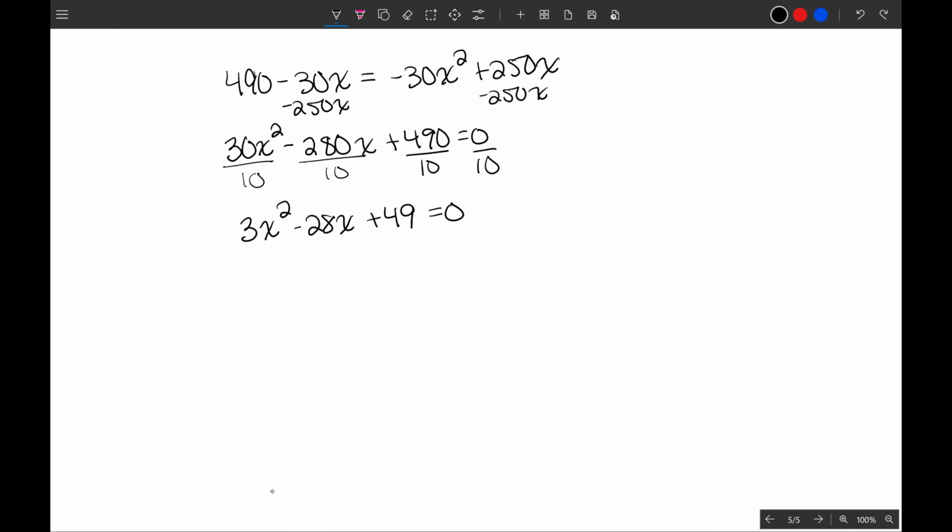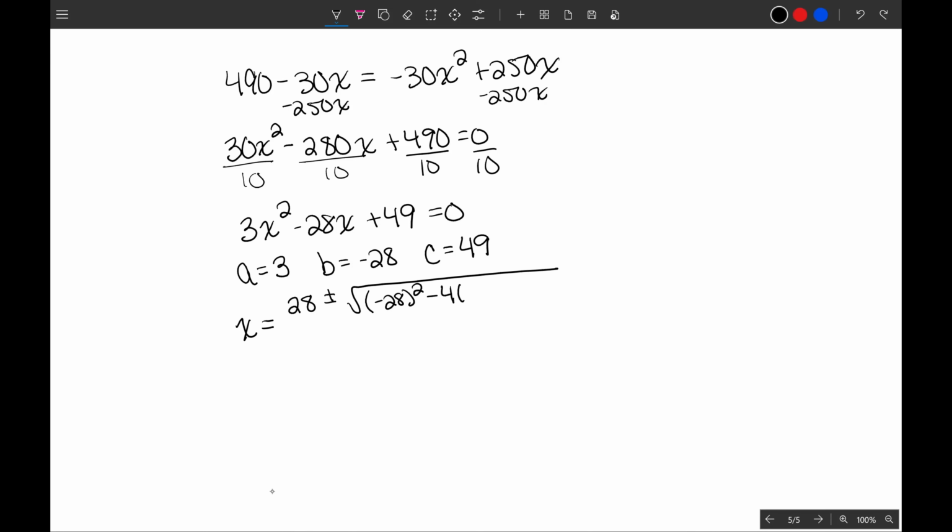Now this is another one that is not going to factor, so we will do the quadratic formula. A is 3, B is negative 28, and C is 49. So x is equal to negative b, but b is already negative, so 28 plus or minus the square root of negative 28 squared minus 4 times 3 times 49 all over 2 times 3. Now, we're going to do this just like we did number 7. You're going to plug in the positive version and the negative version, and you are going to get outcomes of